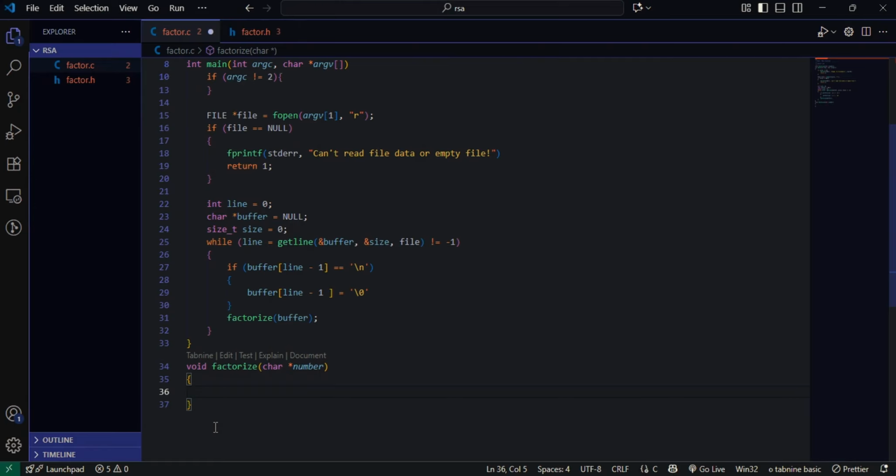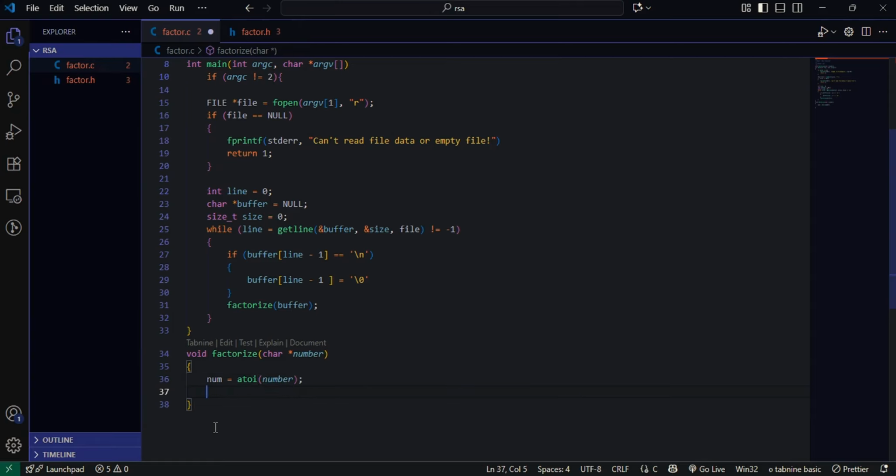So before we can factorize, we are going to convert whatever is coming in using a particular function, and that function is called atoi. It's called on the number. num is equal to atoi, that converts the string to integer. So once this is done, I'm going to say